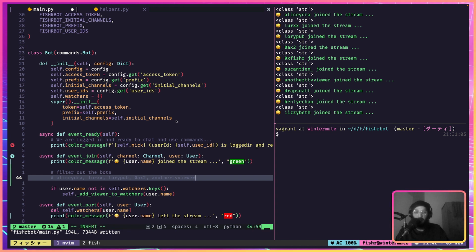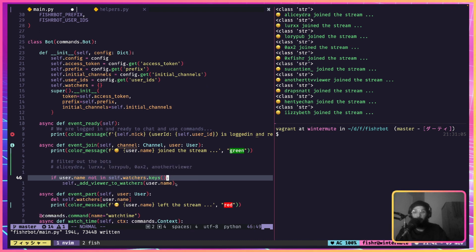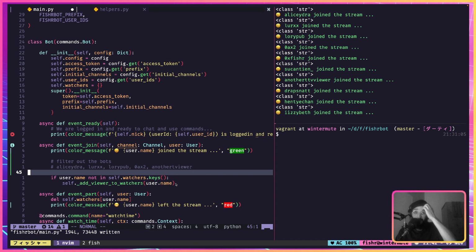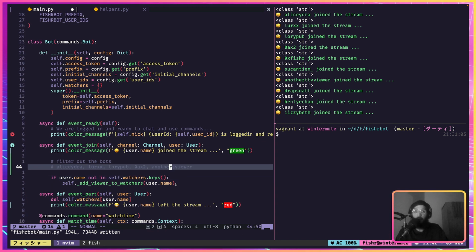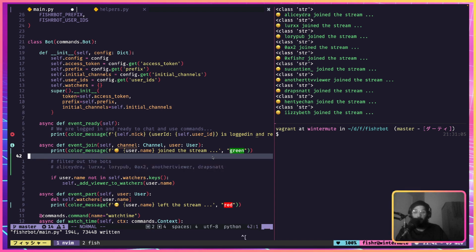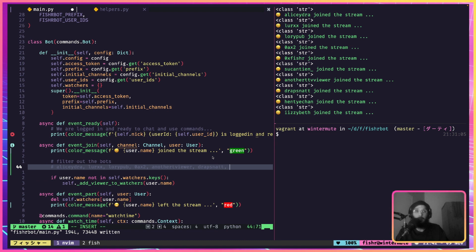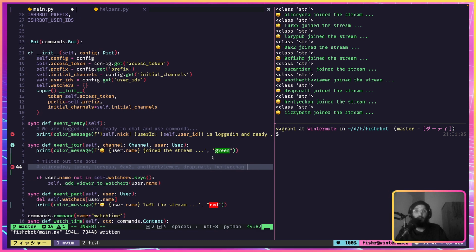I'm gonna add them to the list of undesirables. Unless there's a way with the API to tell if they're a bot. Hentai, chan, and then